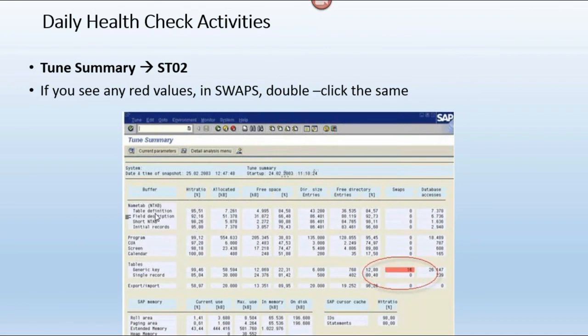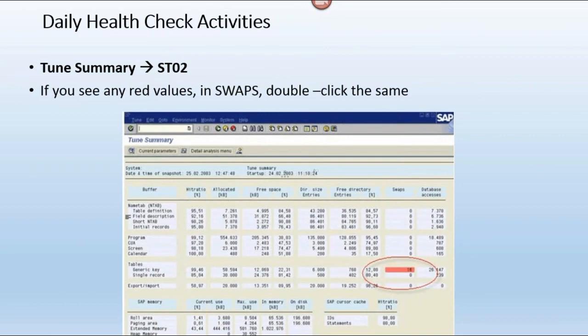These are the different buffer areas. In each and every buffer, how much hit ratio is there? Hit ratio means how many users are accessing that particular buffer. It shows you the percentage.